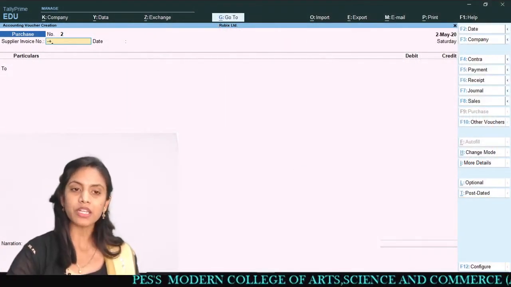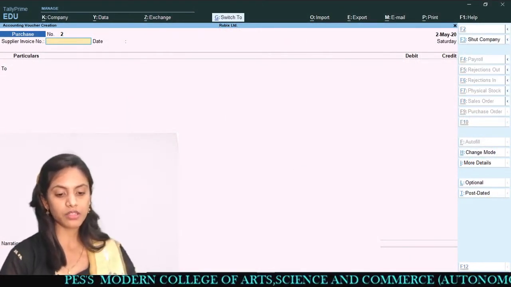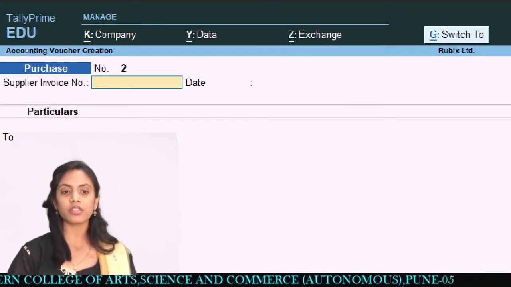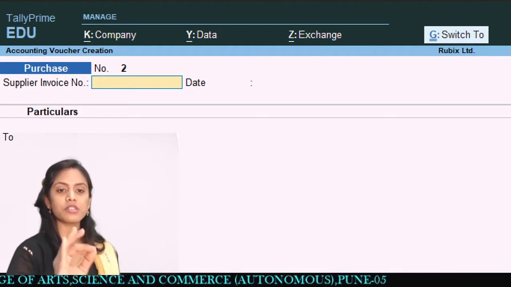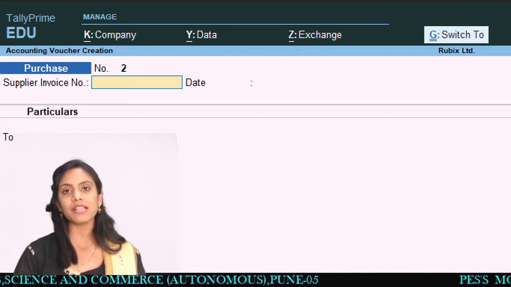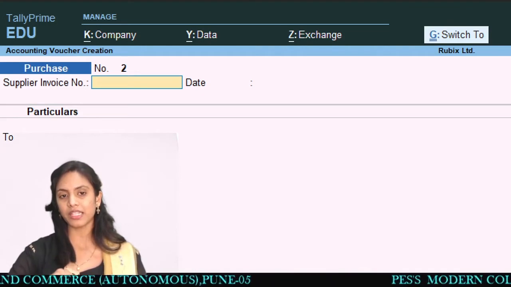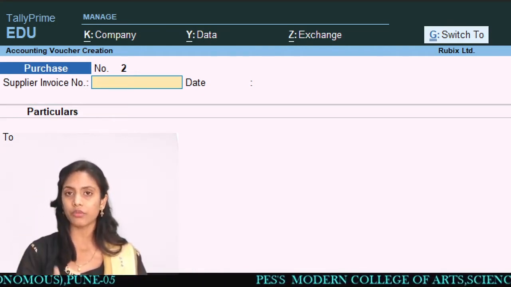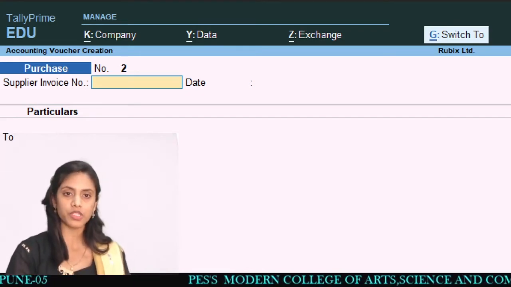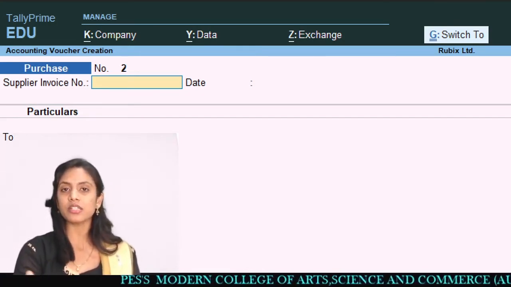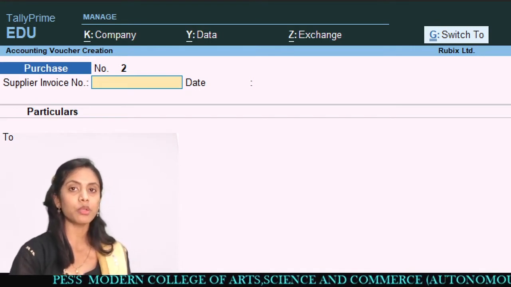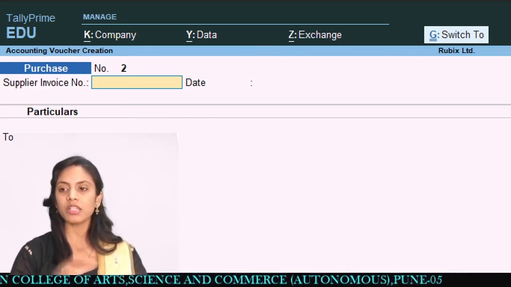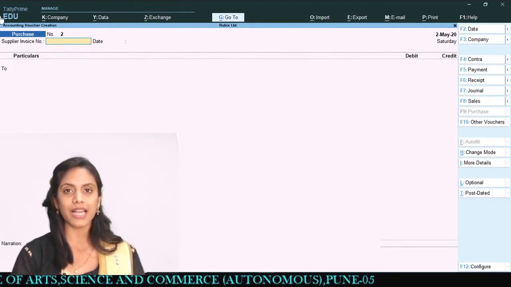So we will move to the Tally part once again, and we will see how to do this entry. Now I am directly in the purchase voucher. Now you can see the change. It is purchase voucher number 2. It means that in the previous voucher we entered an entry, that is, the Umesh Hardware account credited and the purchase account debited. That was invoice number 1 of a purchase. Now automatically they have given voucher number 2 because we are entering another purchase over here. The same thing again, but it is now the cash purchase.